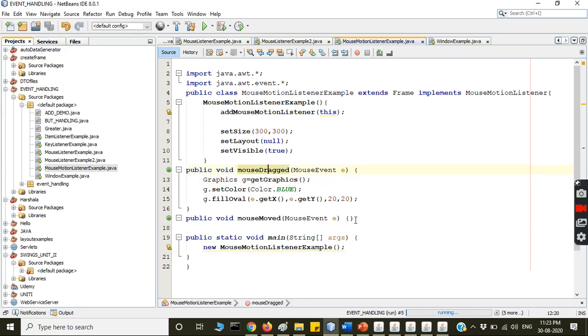नहीं है, फिर भी मैंने ओपन करके क्लोज करना पड़ता है। सो माउस ड्रैग के लिए मैं कोड लिखा, सेट कलर, कलर डॉट ब्लू, गेट ग्राफिक्स जी लिया, जी डॉट सेट कलर, सो ई डॉट गेट फिल ओवल का ये दे, जी डॉट फिल ओवल, ई डॉट गेट एक्स गेट वाई 2020। Is it clear? So these are the width and the height of that oval shape.